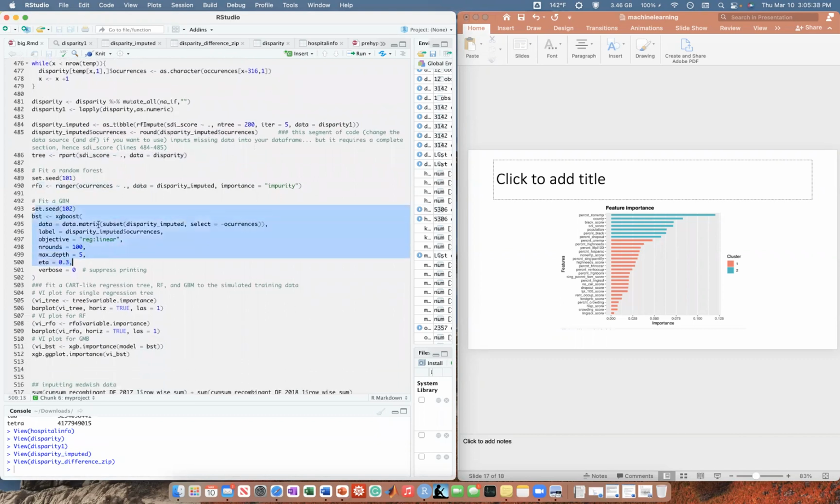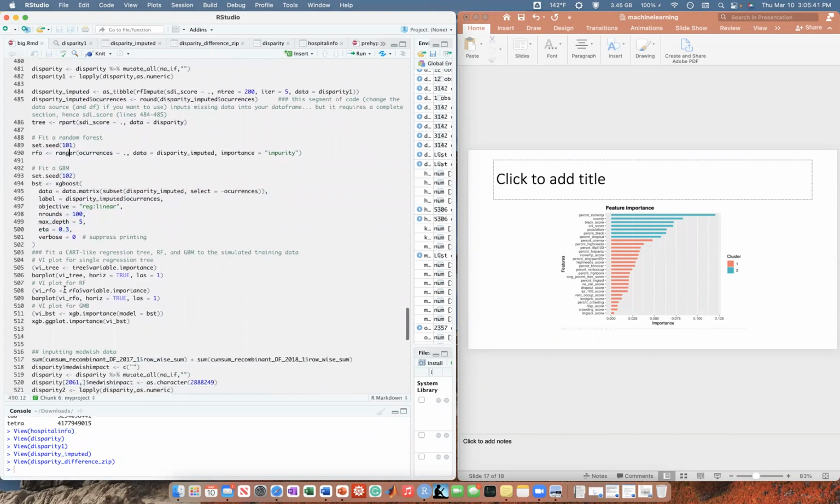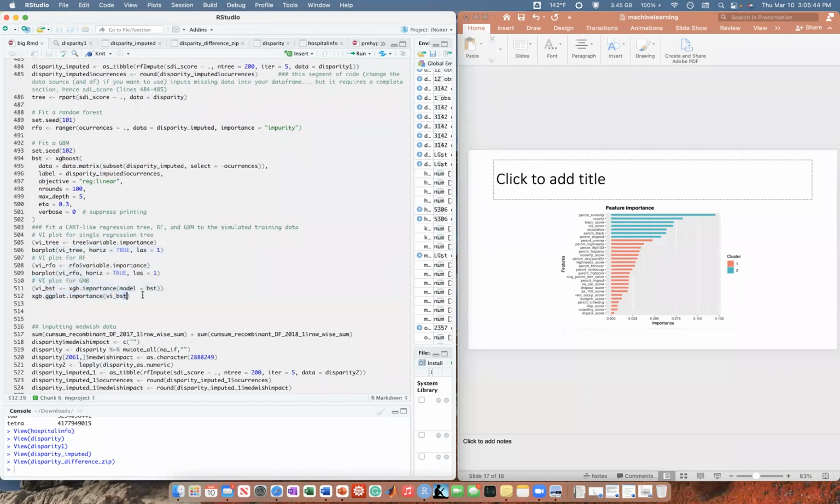You've seen this code before. This is just fitting a tree again, making that tree. Same code from before. I literally just changed the data set. I'm reusing my own code. And I made this cool little graph which tells you the variable importance for all the variables. So I did a regression for the hospital occurrences. I told the computer, hey, from your imputation and the decision trees that you made, what variables seemed the most important to the amount of hospitals that occurred in an area?